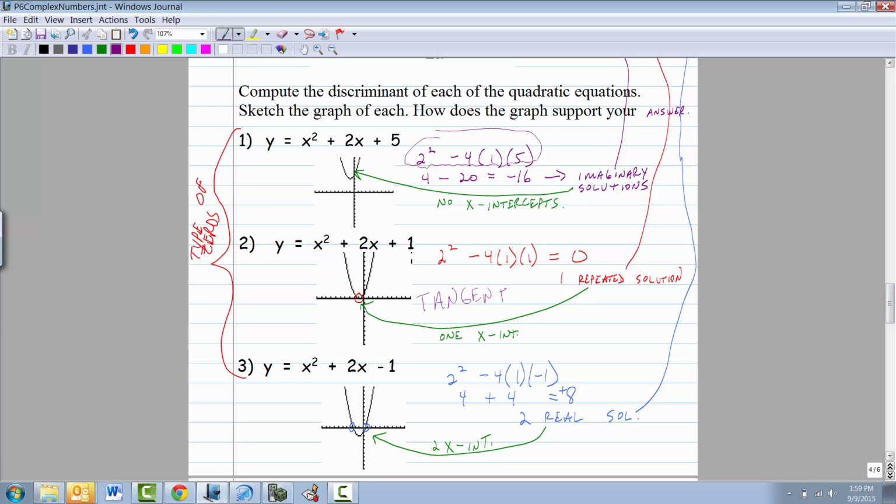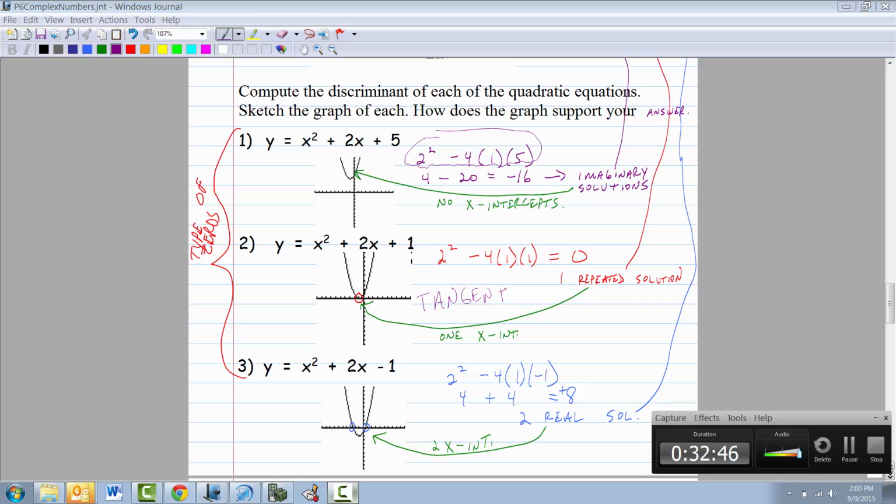Then the more common thing that occurs, if I have a discriminant or square root of a positive number, then you get 2 unique answers. All right, and they're said to be real. But basically, in your homework at the end, you're just going to have quadratics that you're going to find the solutions for, and you will get imaginary solutions.